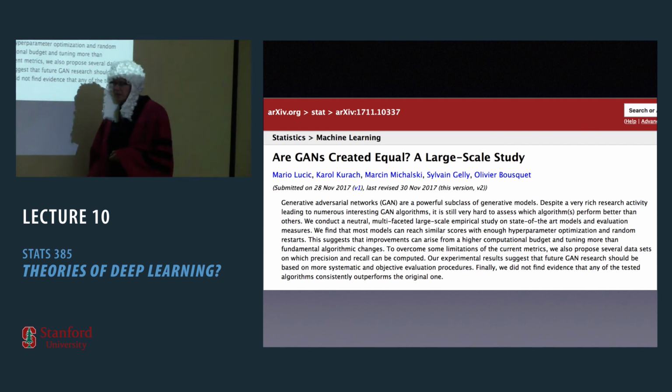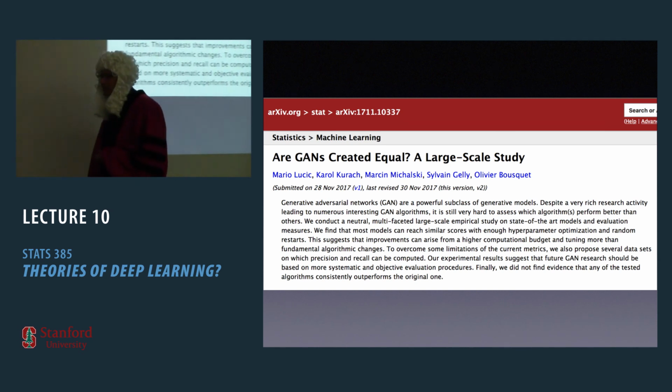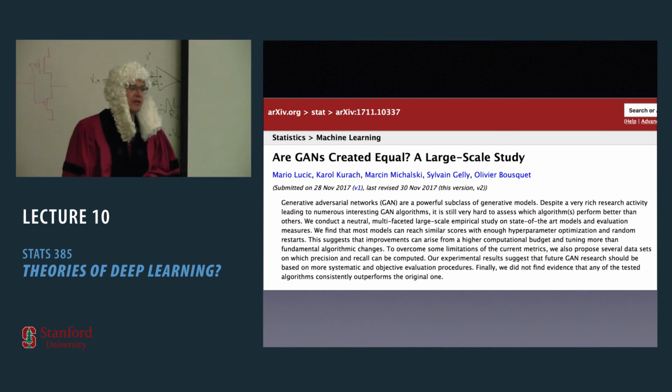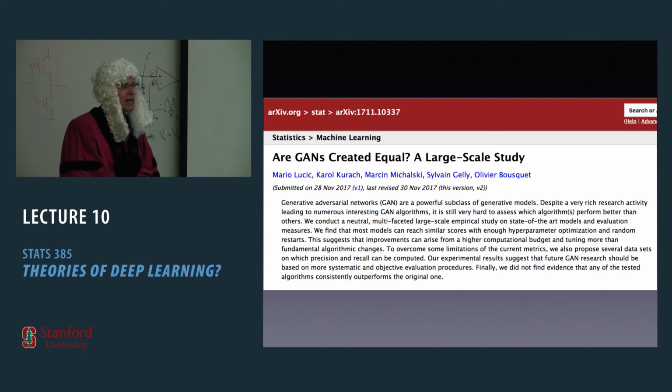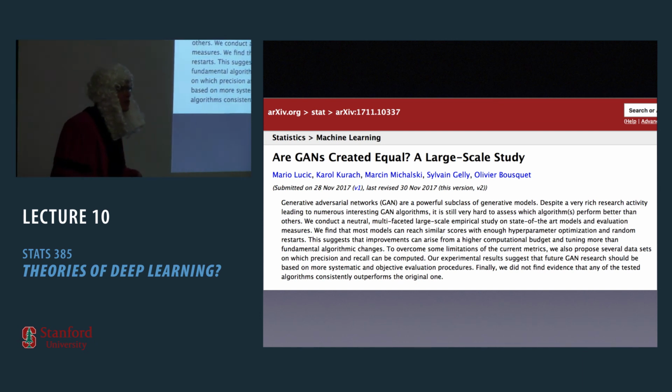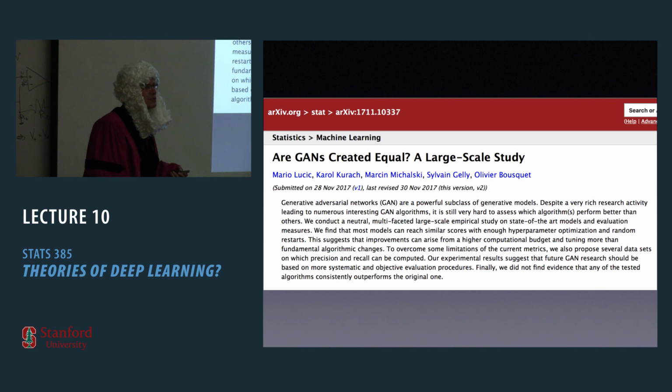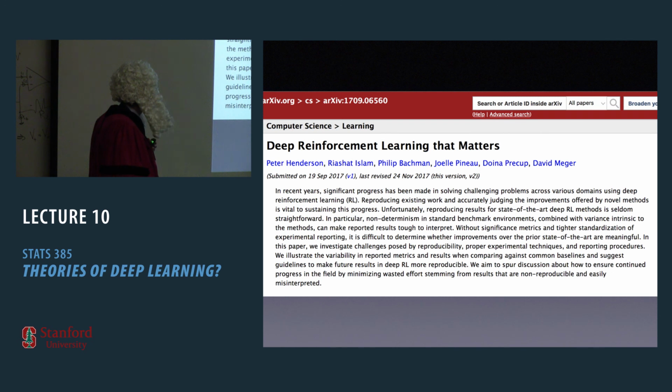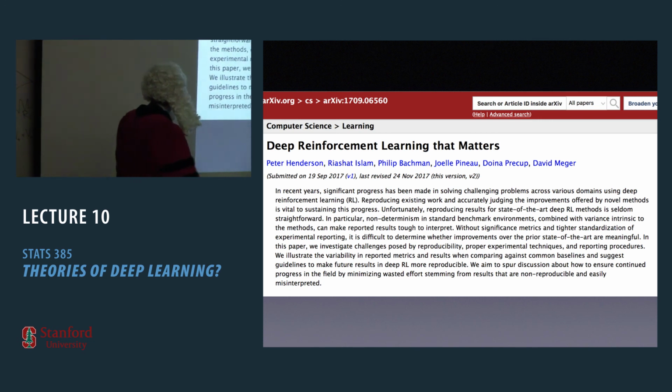So this is saying something important, which is that there are many individual authors with claims for their GANs as being in some way fresh, original, interesting. But at a meta level, there's not much evidence of a difference between these algorithms in their consistent performance. And it takes a very rigorous attention to detail in order to resolve improvements due to architecture and other algorithmic ingredients. Another recent paper, this is 2 months old, so it's practically ancient in this field,